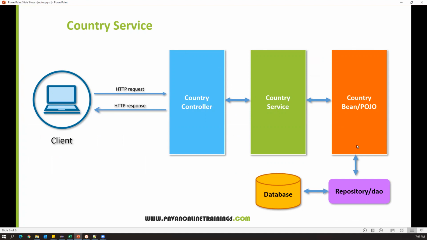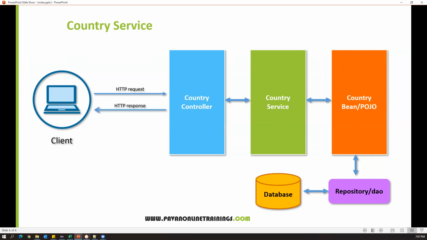Let us mainly focus on these three things: the country controller, the service we will develop, and then we use some POJO class or Bean class internally. And in the country service itself, I will maintain some data in a Java hash map. Later on, we will replace it with the database. Okay. So now let us move on to the development.